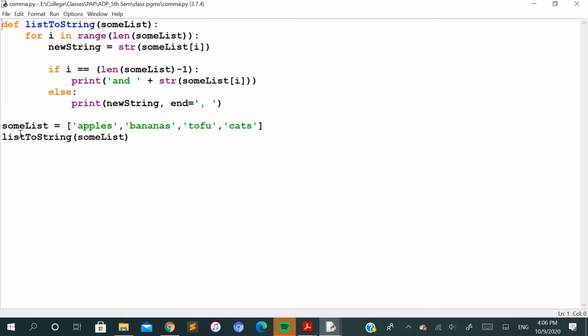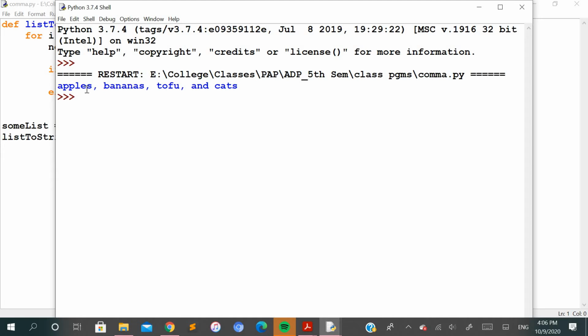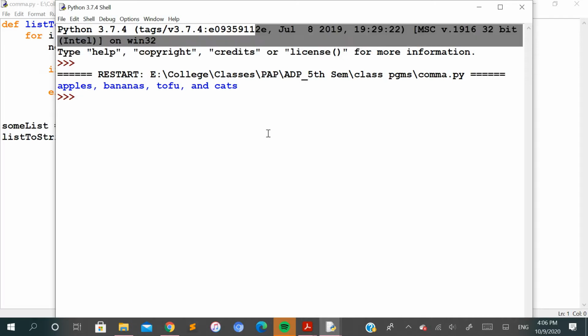So in this program you can see a list has been taken where the contents are the same as what has been given in your question. We are passing this list to the function. The name of the user defined function is list to string. To this function we are passing this as a parameter, and I'll show you the output first. So you will expect the output as all the contents of the list. You can see here,